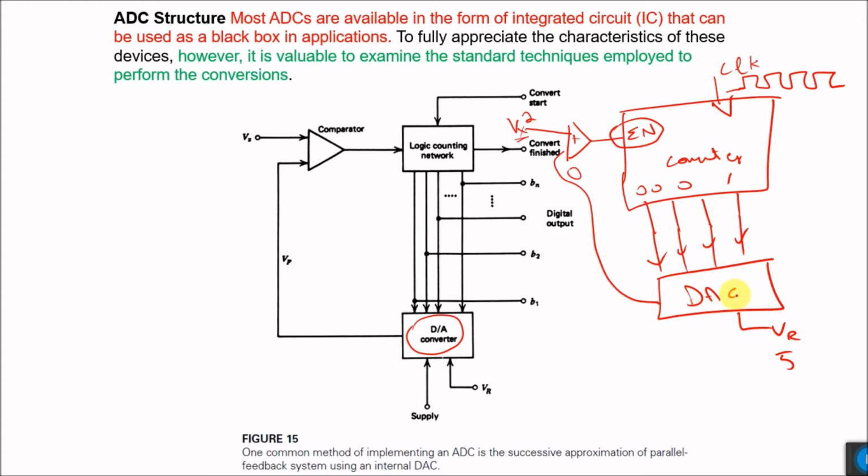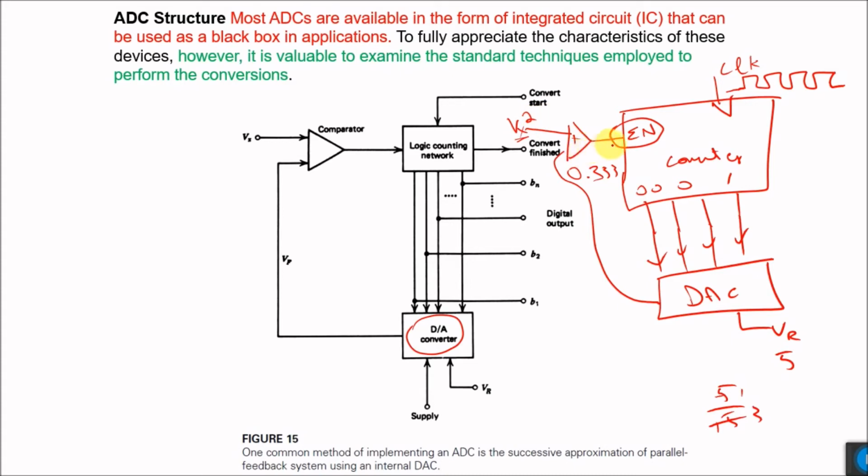And now the input of this DAC was incremented, so the output of this DAC will change from 0 to a certain value. To what value? Let's find out. This can count from 0 to 15, so its resolution is 5 over 15, 1 over 3. So the output of the DAC will become 0.333 volts. And still this 0.333 volts is less than our input voltage, that was 2 volts.